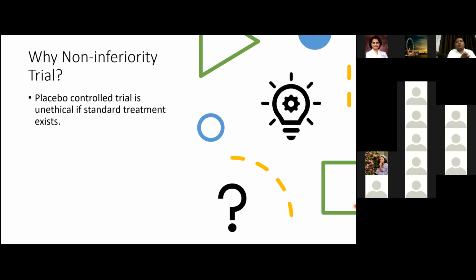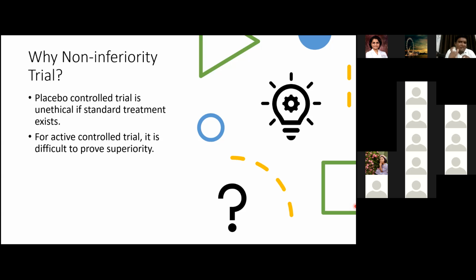Okay, like if there exists a standard treatment, usage of placebo is definitely unethical. Okay, right? It makes sense. You cannot deny a treatment to the patient just because a clinical trial is done. Now, here, as I said previously, when we talk about an active control study,